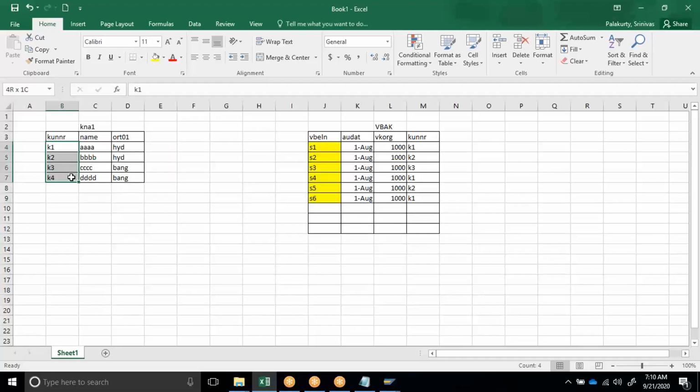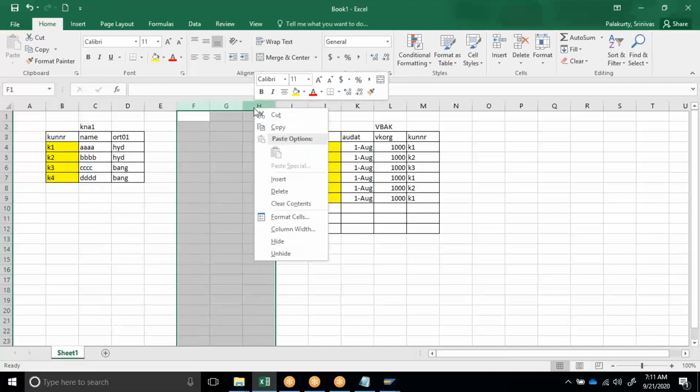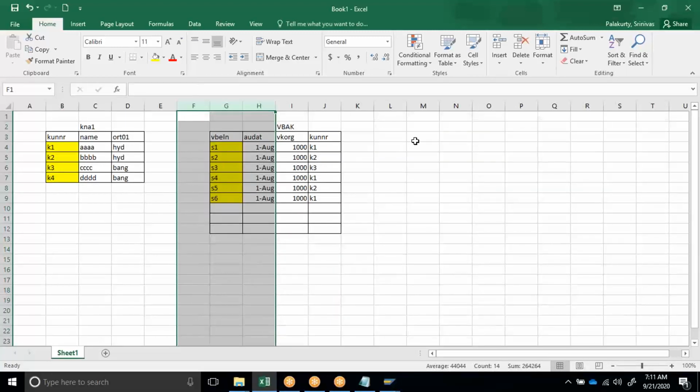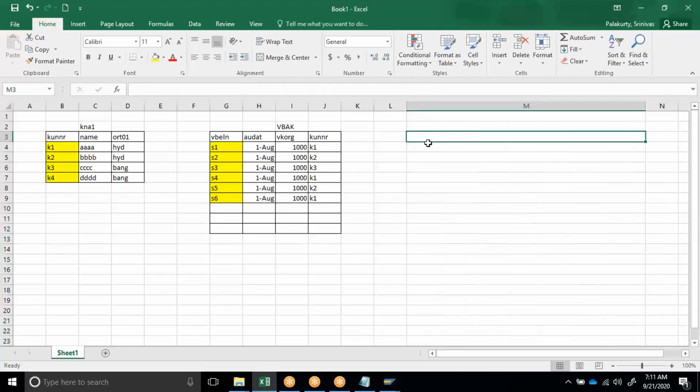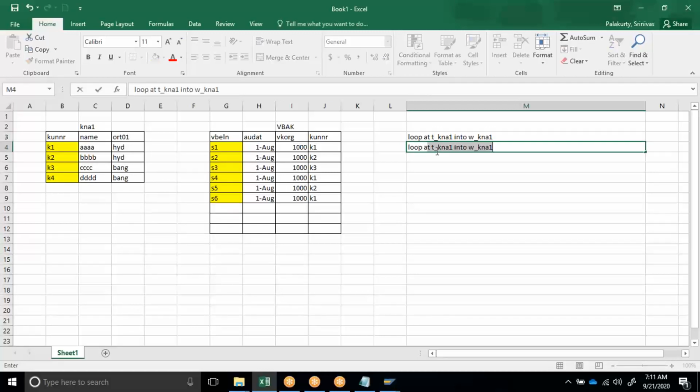Now I can use loop and read concepts, or I can use parallel cursor concepts. So let's assume I want to apply parallel cursors to this. How are we applying a parallel cursor to this? Here I'll write the code. Loop at T_KNA1 into work area KNA1, followed by loop at T_VBAK into work area VBAK